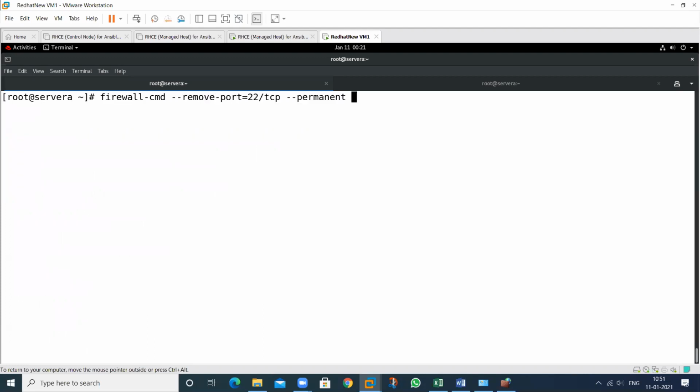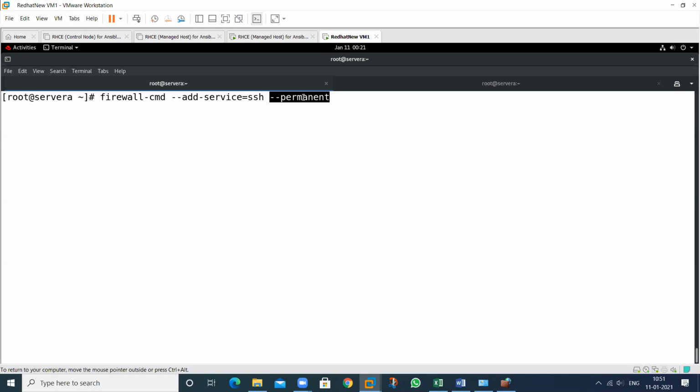So see, if I want to add a service, the service is SSH. And what is the functionality of this permanent option? What is the meaning of this?